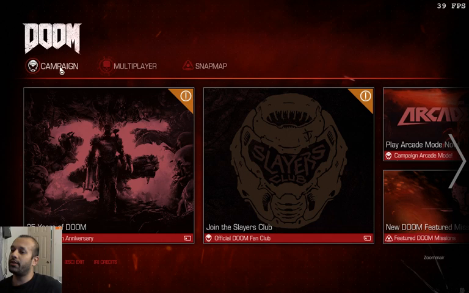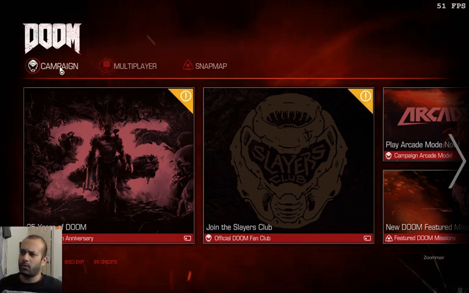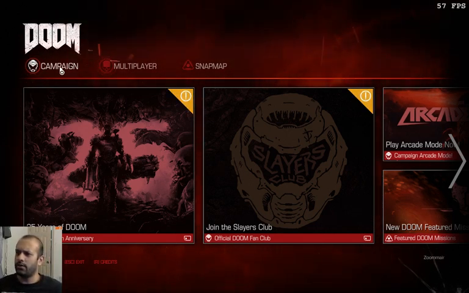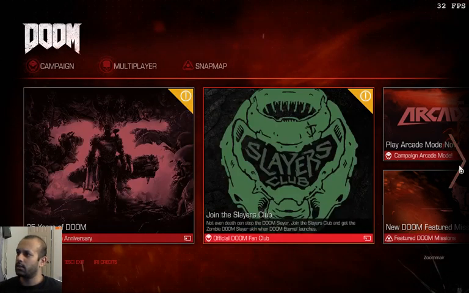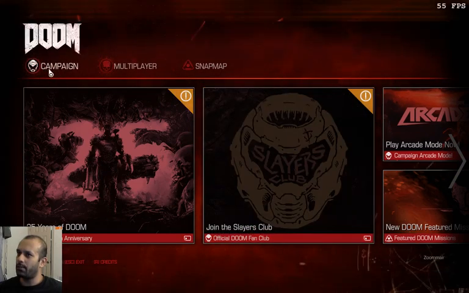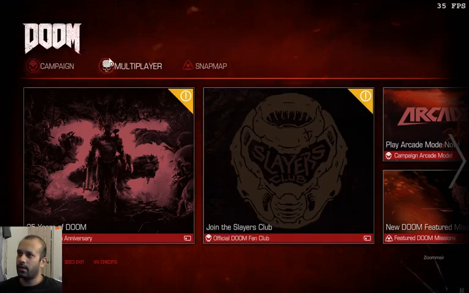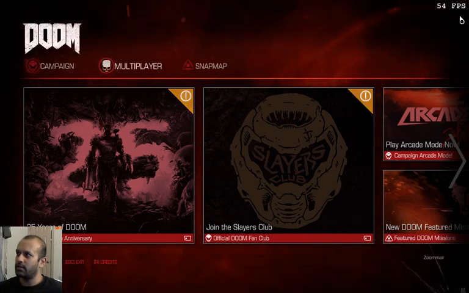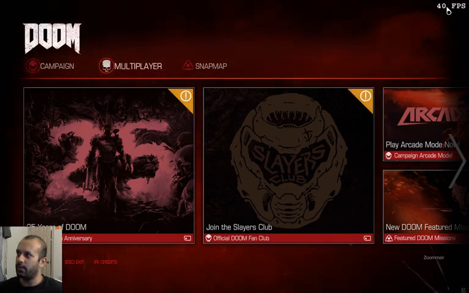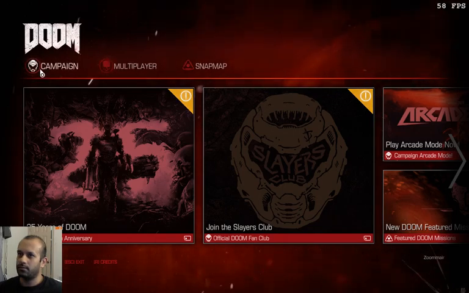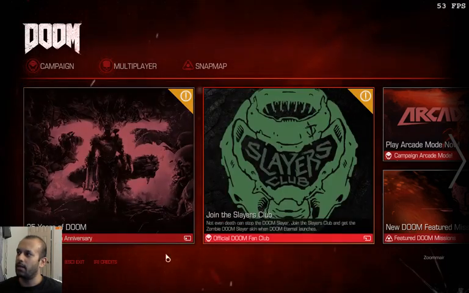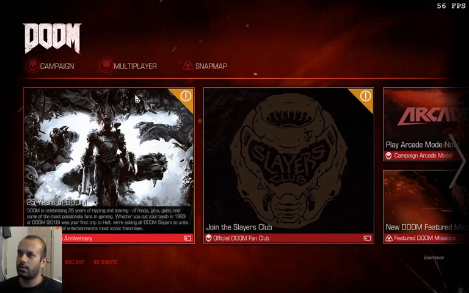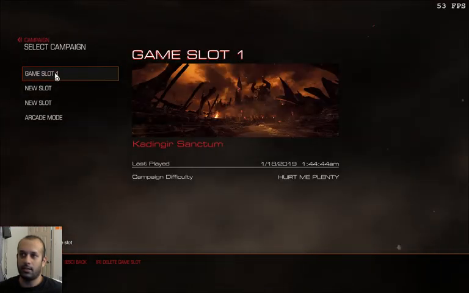So like I said, with Proton 3.7, for the first minute or so there is a bit of choppiness that comes into play. So far, there was a little bit of choppiness I noticed right in the beginning, and you can see my FPS is suffering a bit. But that seems to be only for the first minute or so, and especially in this menu, I always have issues. But let's go ahead and get to the campaign,